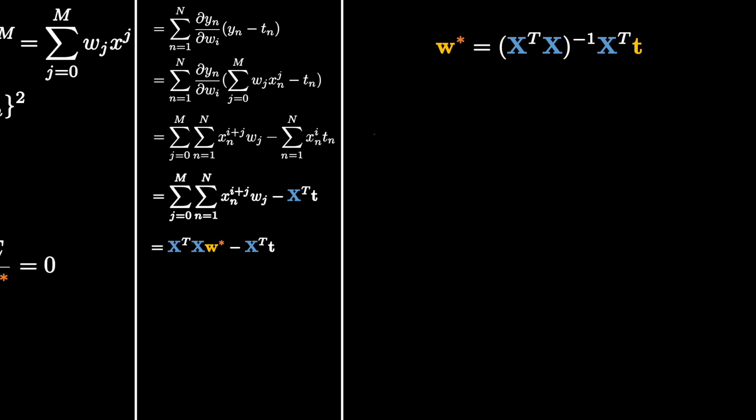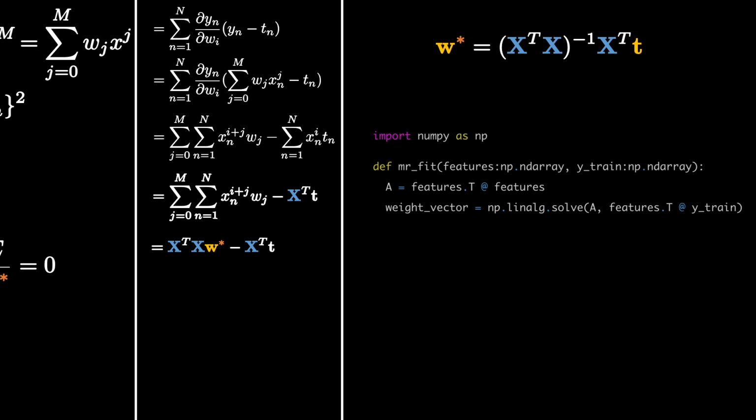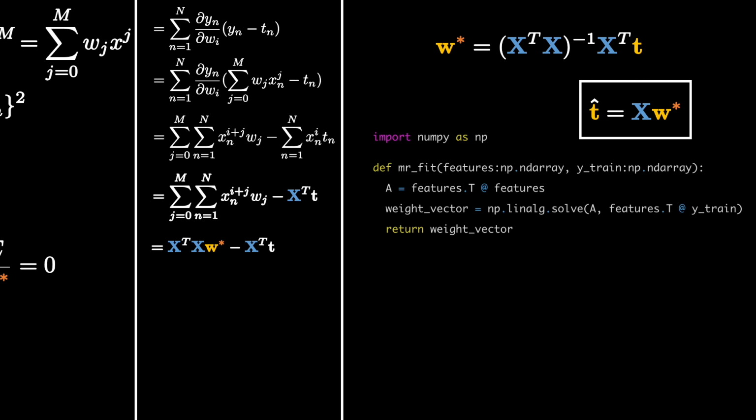Here is how you would implement this in Python using NumPy. You can see that there is one-to-one correspondence between the mathematics and the implementation here. Remember, X is also called features. So that's why the A is features.T, which is features transpose of the features, getting matrix multiplied with features. I'm using numpy.linalg.solve and it would take care of inverting the matrix A. And we can also write a small function to implement the prediction as well.